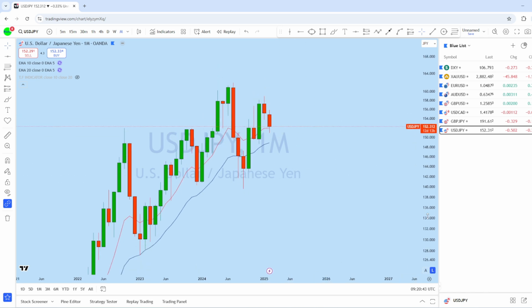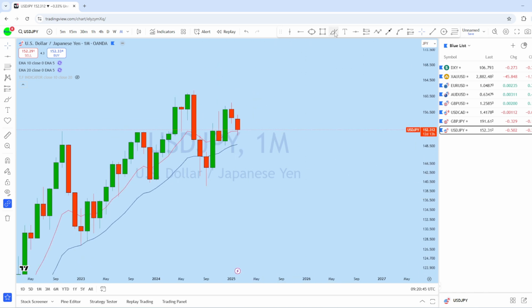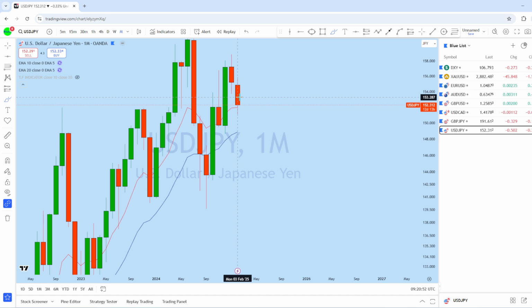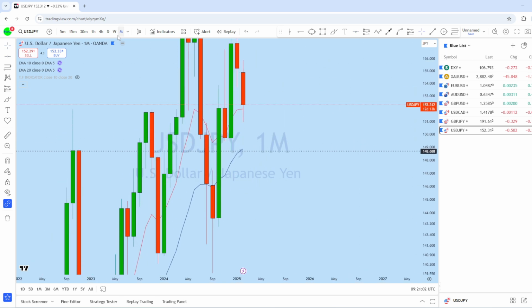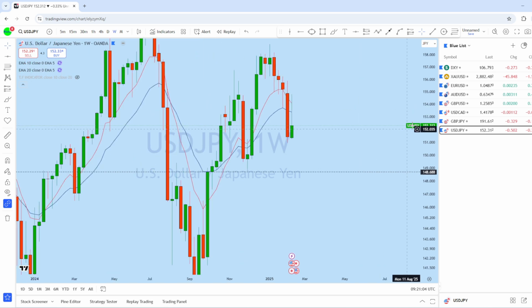It's a long-term bull market, but we have seen that after the previous monthly narrow candle formation, dollar yen managed to break below this month with stronger momentum. And as the market managed to break, we could see from the monthly dollar yen ultimately dropping back to that support level.